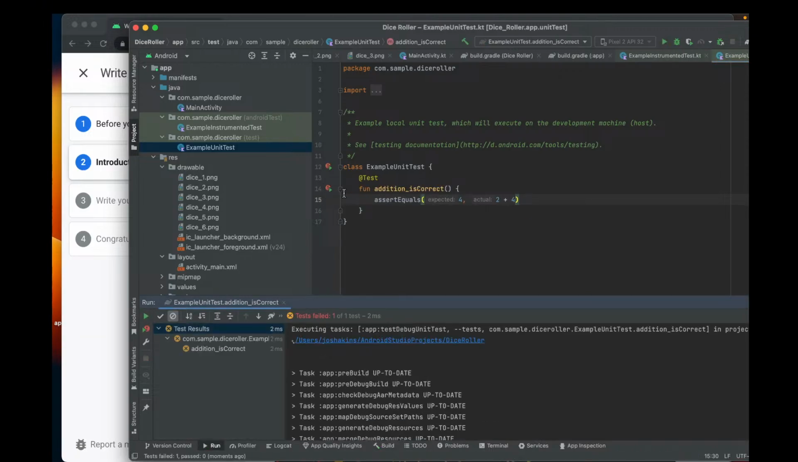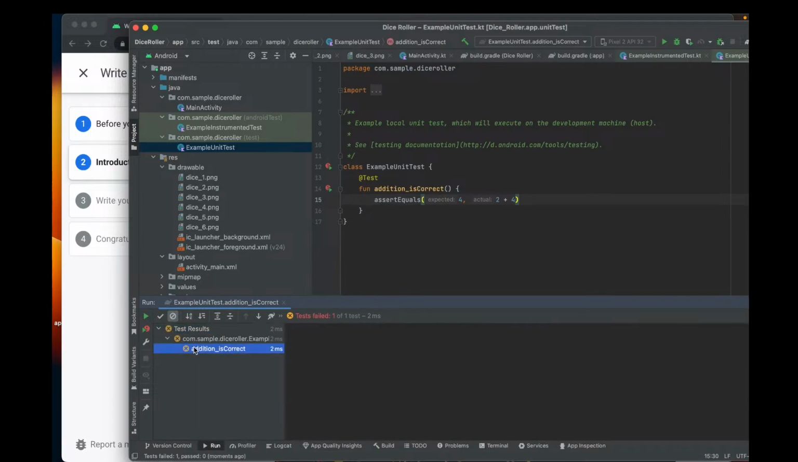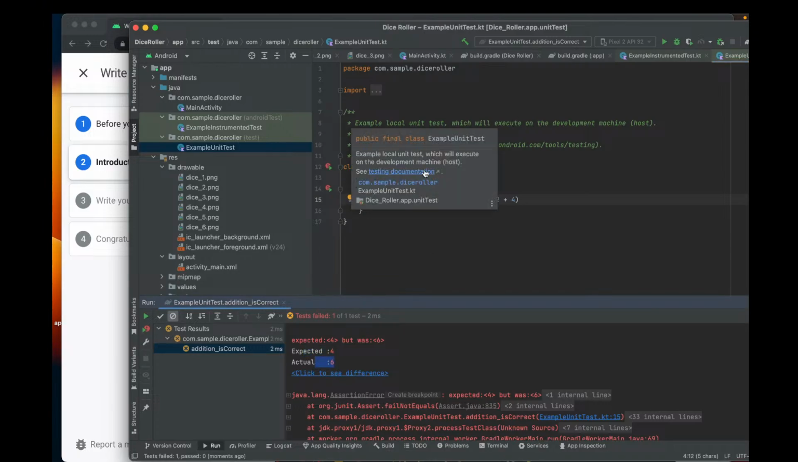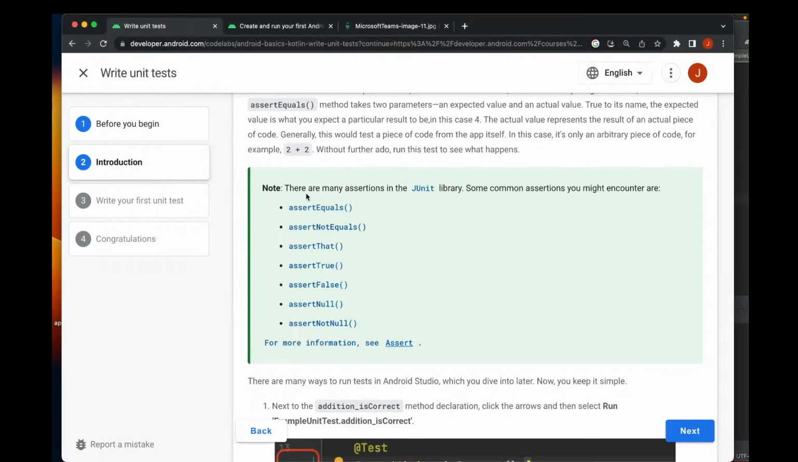So, alright, we had a test failure. Test failed 1, expected 4, actual 6. So that's how that works. And then you have different methods here. There are many assertions in the